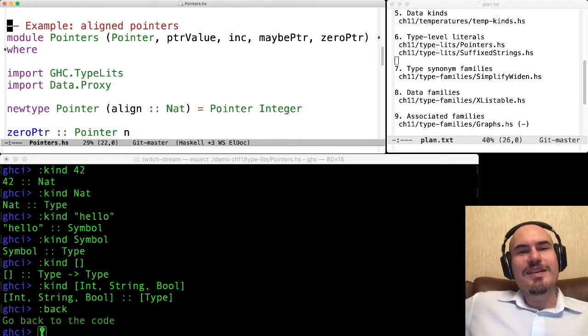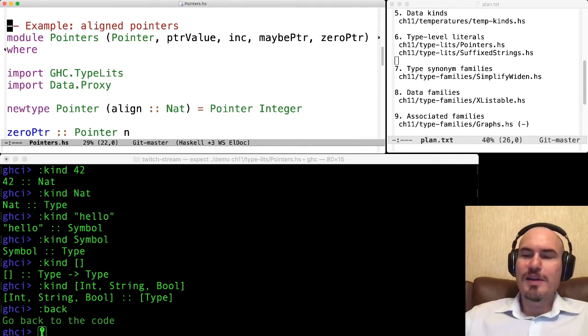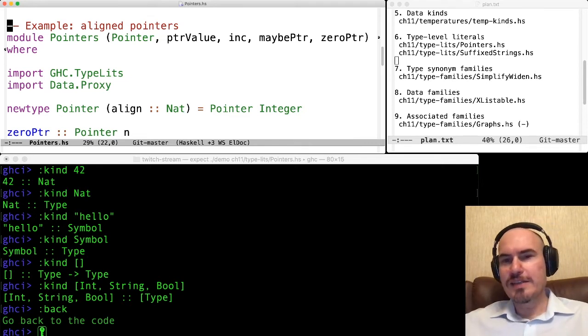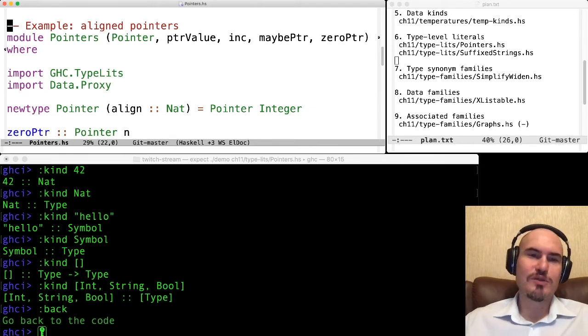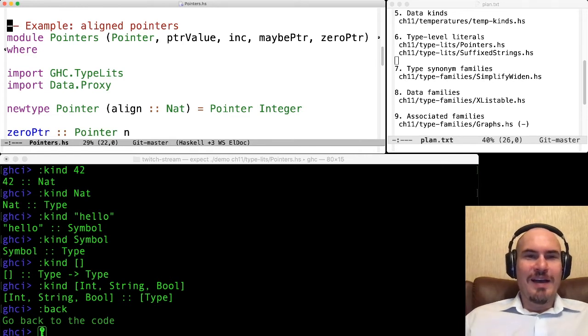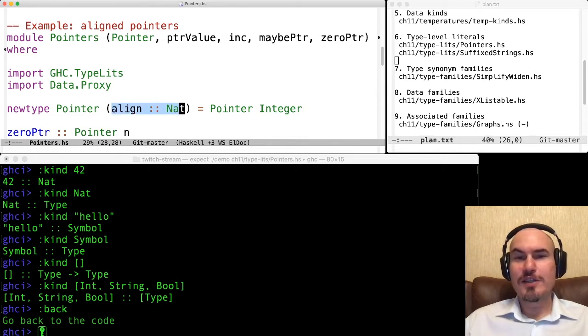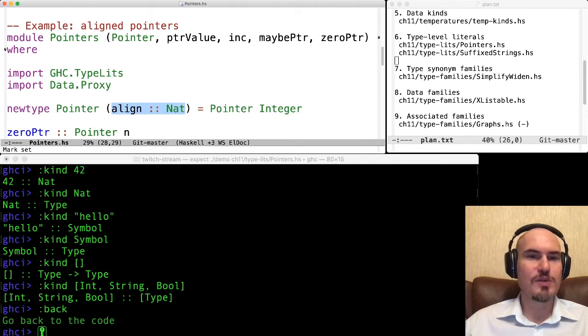So here I have a very small example, and I want to keep aligned pointers in a Haskell program. And I want to do some processing of those pointers. Let's look here. So I have a phantom argument here. It's a phantom type because it's not used on the right-hand side.